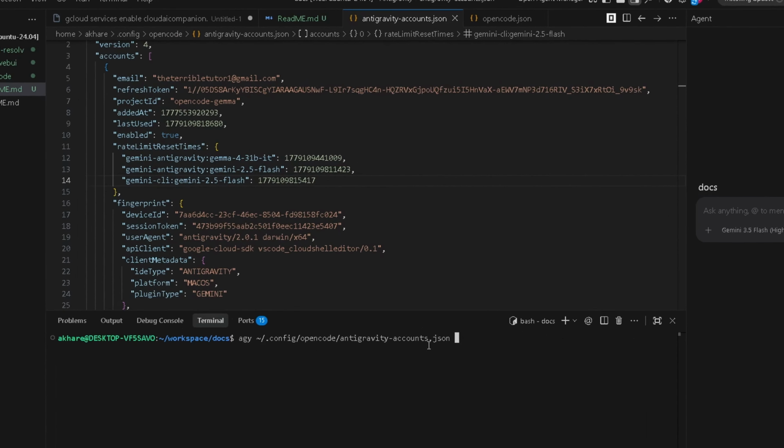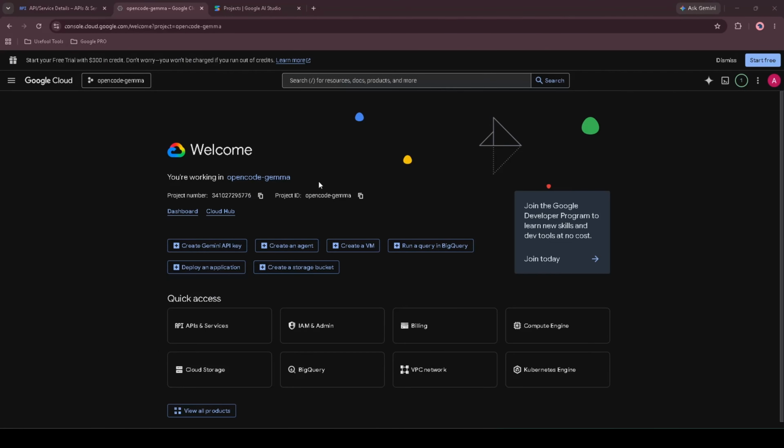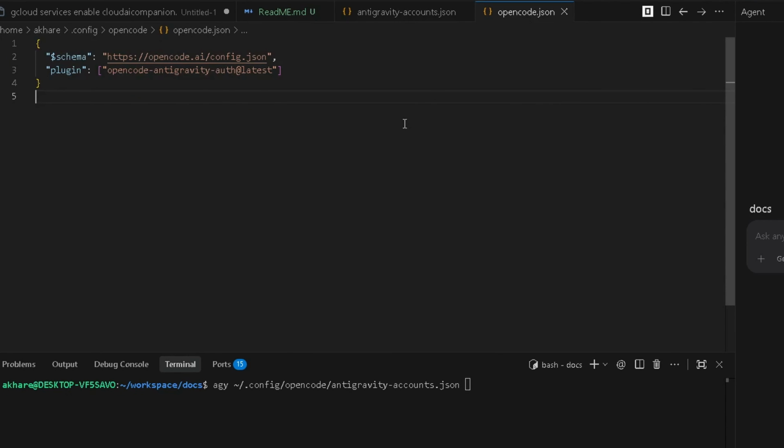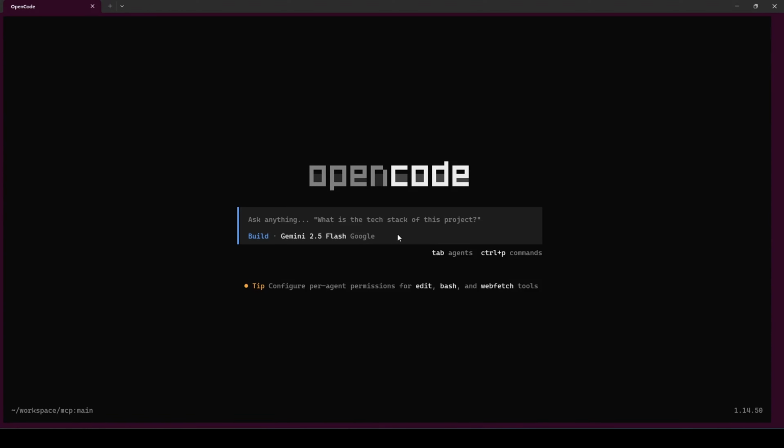So first of all, in the antigravity-accounts.json, you need to add the project ID here. The project ID can be seen from here, so that's the same project ID which we have to add here. Initially, I tried adding it in opencode.json. That's not the right way. You have to add it in antigravity accounts so that it can connect to it. Now, after that is done, if I go back to my OpenCode here,